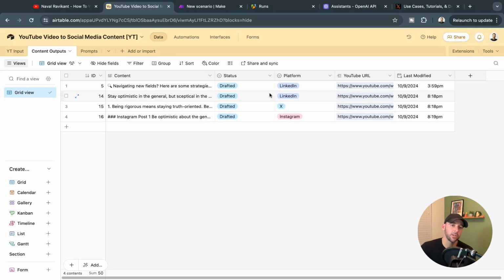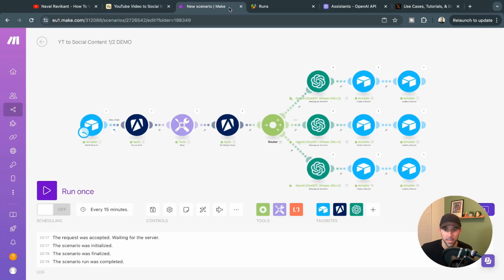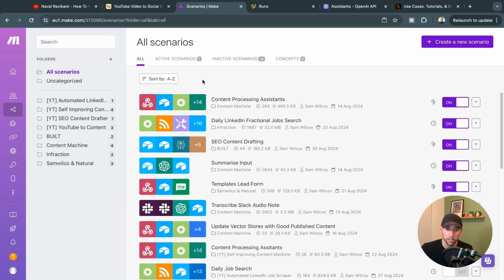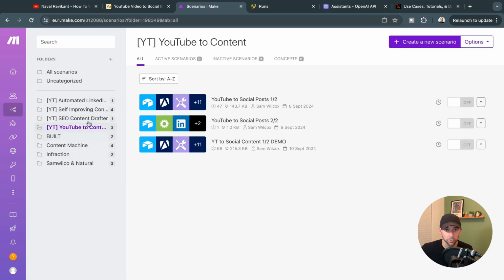And then the final thing that we want to be able to do here is take these pieces of content and then auto post them to the platform. So we want to be able to do that by just changing this from drafted to ready, right? So we need to go back into Make. We're finished with this scenario. So I'm just going to click save. I'm going to come back, and then we are going to go into